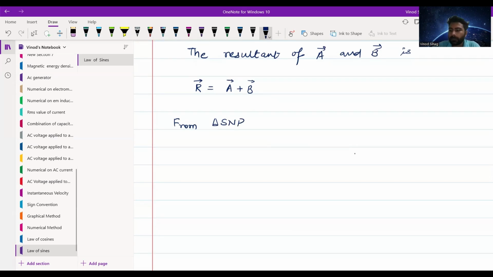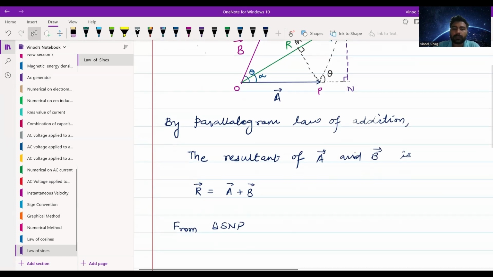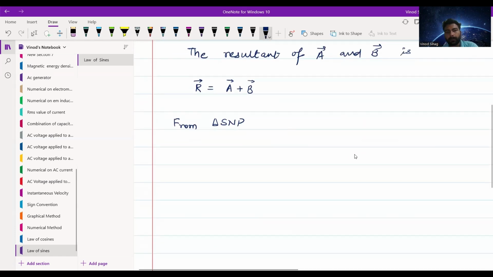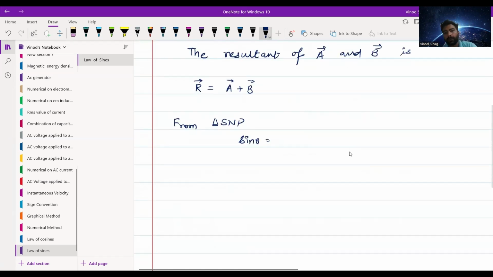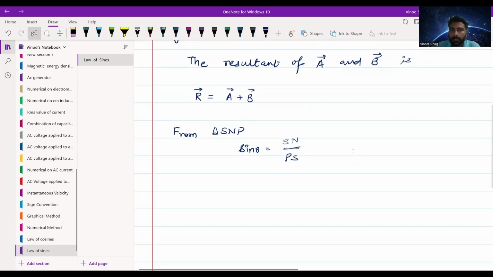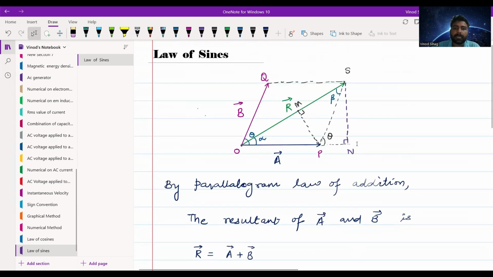What we can find out from SNP, let's find out the sine theta. Sine theta from the triangle SNP will be height upon hypotenuse. So that is SN upon PS. So from the diagram, we can say that SN is the height and PS is